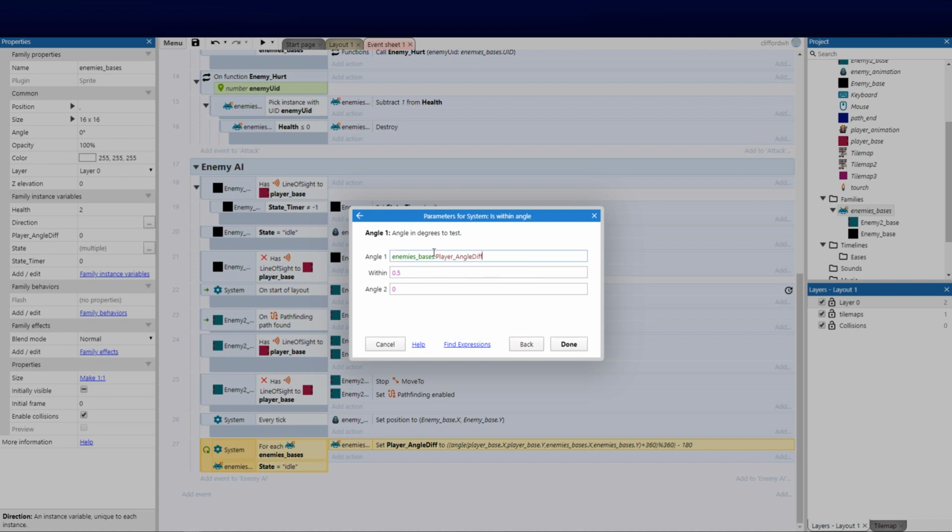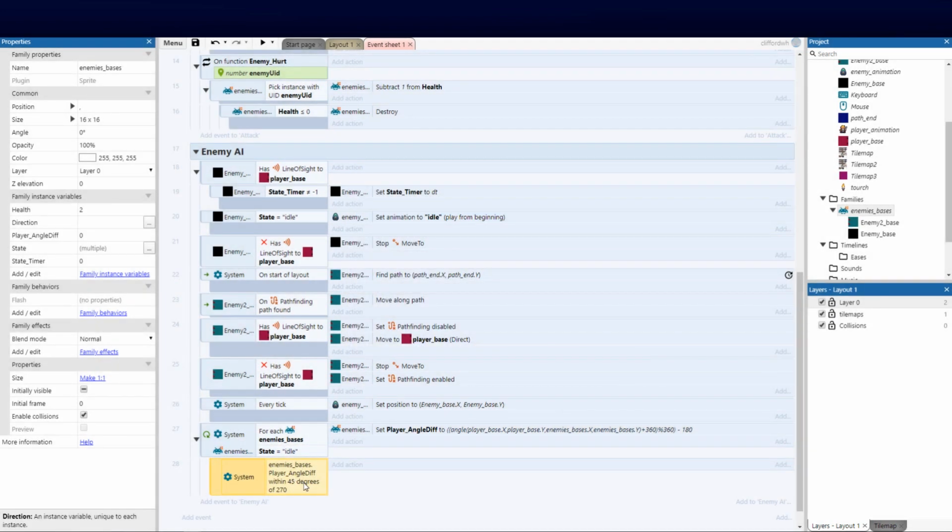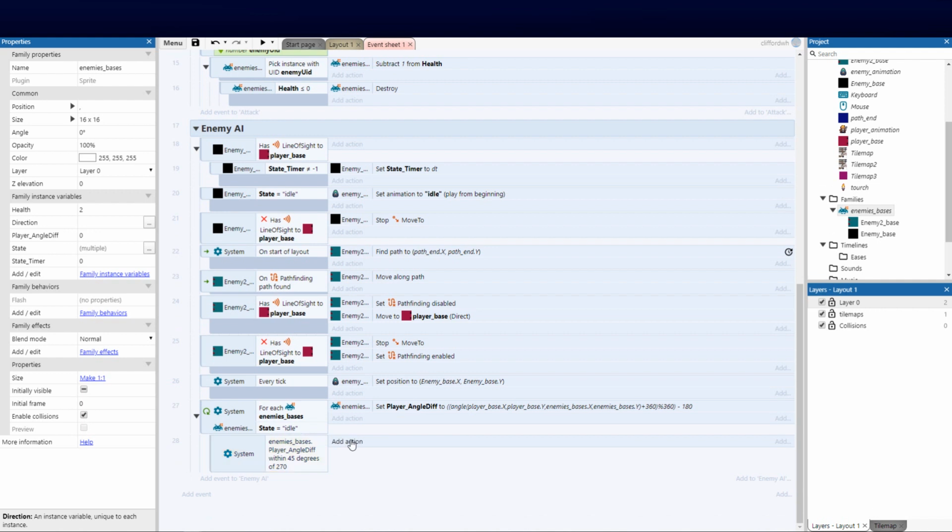Angle 1 is the one that we're saving, so all the enemy bases, and then within 45, it'll always be 45, and in this case 270. Let's take the 270 because I know that will be up. So I'm comparing the angle, 45 degrees to 270, so that we can